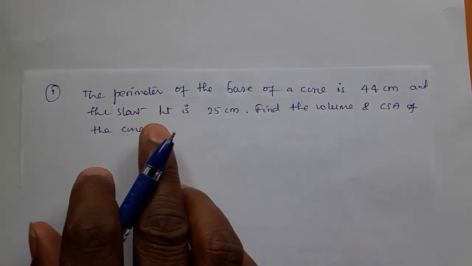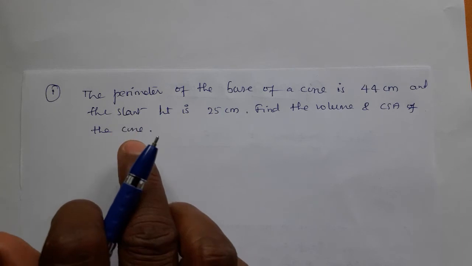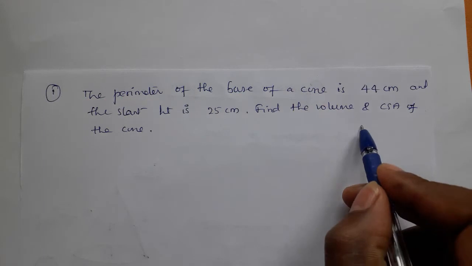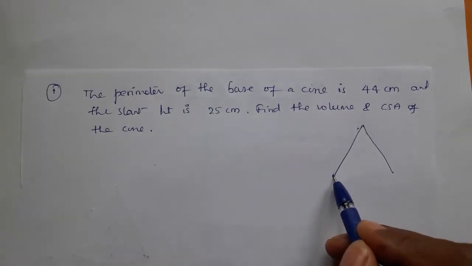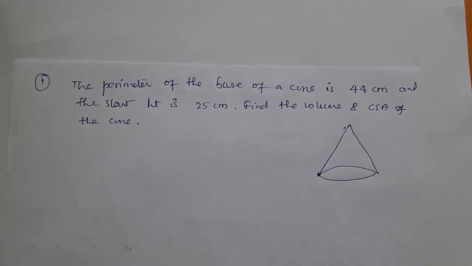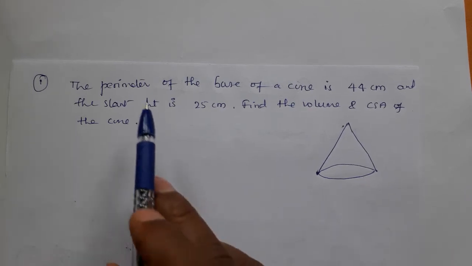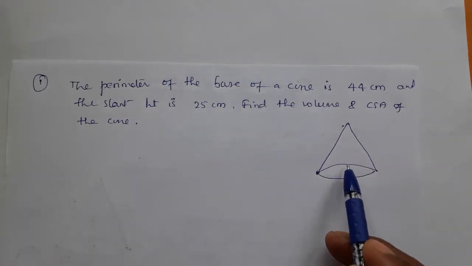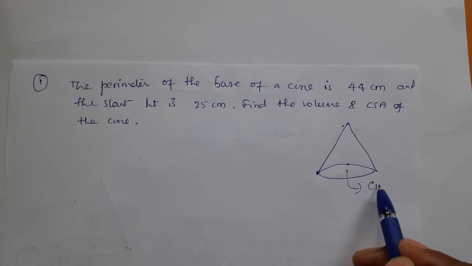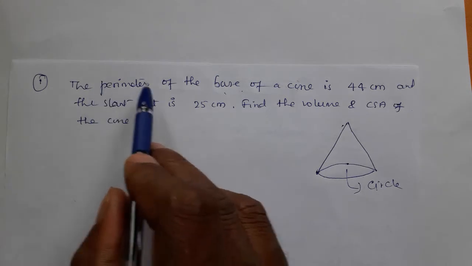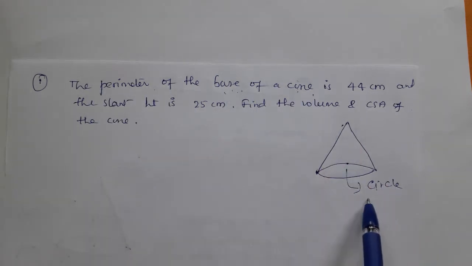By reading we come to know this is a cone problem only directly, because look at the perimeter of the base of a cone. Wait, we will draw. Sometimes we don't come to know anything, it is not understanding. First draw the diagram. Once you draw the diagram, it will be easy. The perimeter of the base of the cone. So the base of the cone perimeter they told. Look at in the base of the cone what is there? Circle is there. Base of the cone is nothing but circle. The perimeter of the base of the cone. Base of the cone is nothing but circle only.